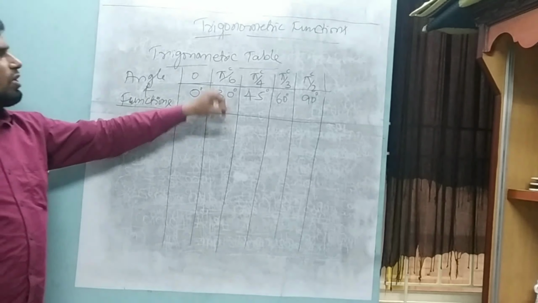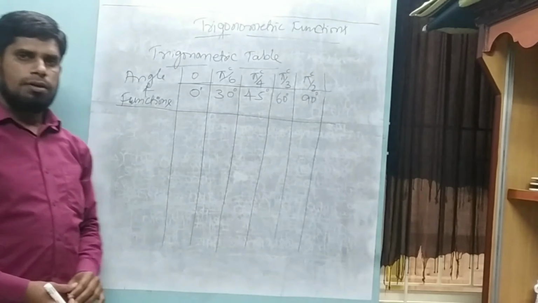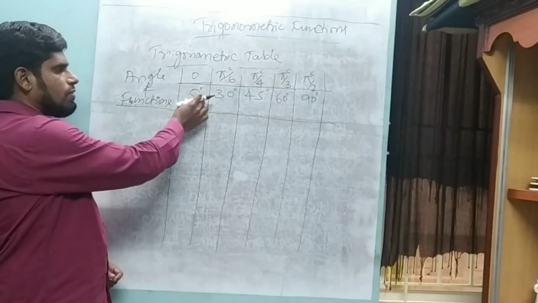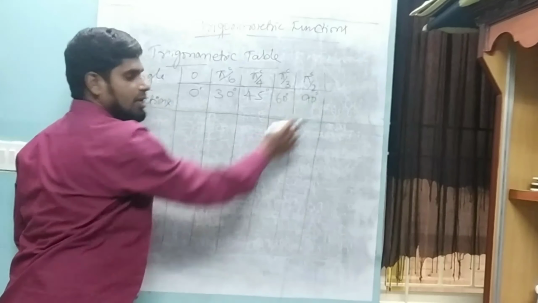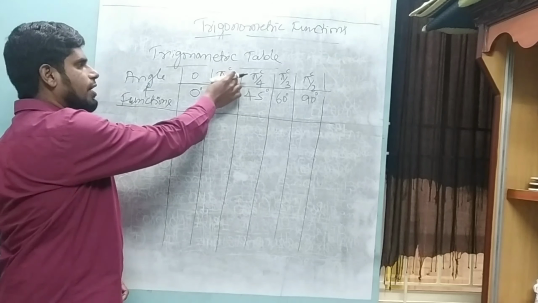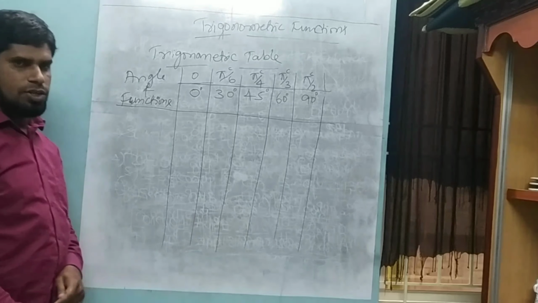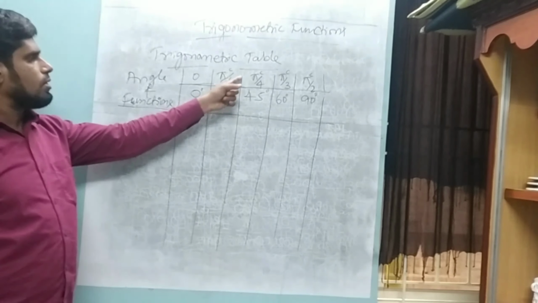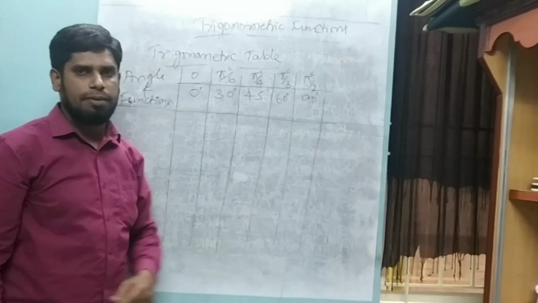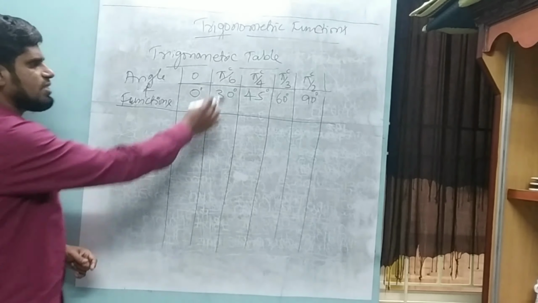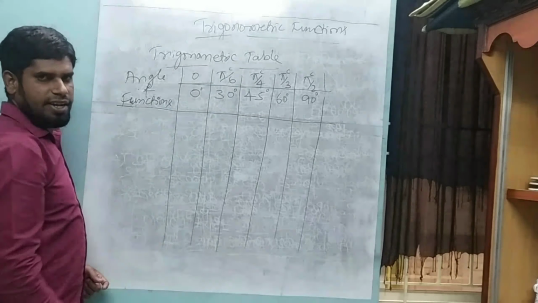We should know both the ways, because maximum students will try to memorize this in terms of degree measures, and if they are suddenly given in radian measure, students will find it difficult. So students, it's better you memorize these things in radian as well as degree measures. It is very simple. Just consider pi is 180 here.